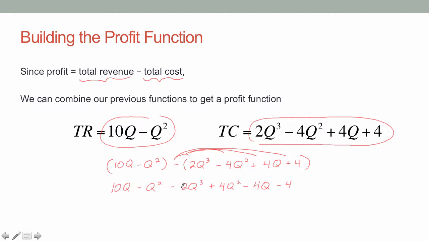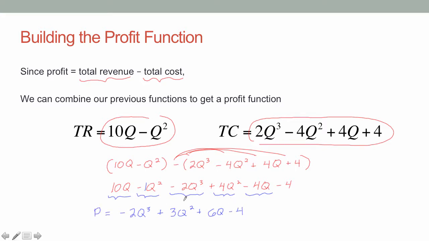So the largest one is this one right here. I'm going to switch colors to make it a little less confusing. So we have a negative 2q cubed. I'm going to put that first. I want the largest power of q first. My next one is I have a minus q squared plus 4q squared. So minus 1 plus 4 is going to give me plus 3q squared. Then I have a 10q minus a 4q, so that net effect is plus 6q. And then at the very end I have a minus 4. So there is now